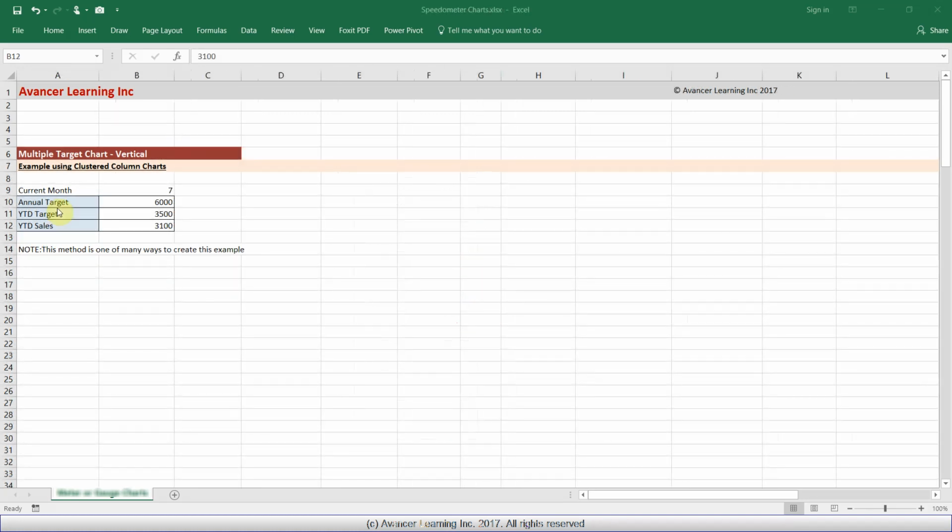To begin with this, you need to have the following data points. Presuming that you're going to display 2 targets and 1 actual sales, you begin with 3 data points. Here I have an annual target, a year-to-date target, and a year-to-date sales. If you like, you can include more data series for the target values and the actual values. So we begin with these 3 in this example, and we'll start by plotting a clustered